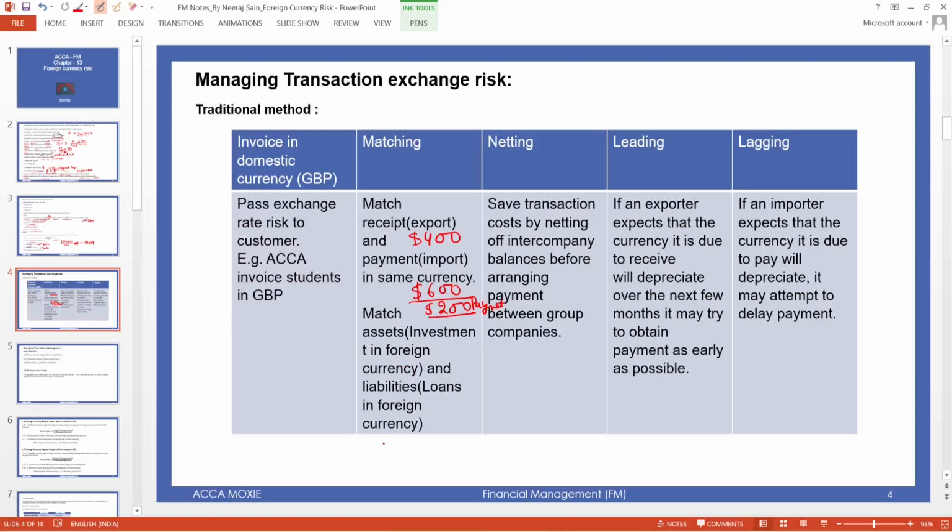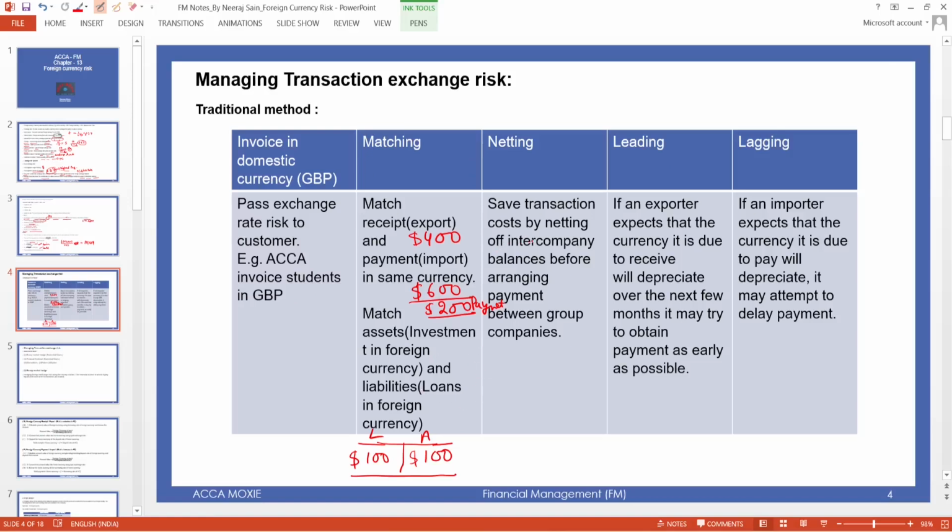But next one is the matching asset and liability. For example, if you have an investment in foreign currency, like if you have $100 investment, you also create a liability in dollar, like getting a loan or something. Then if the dollar appreciates, it means this balances out each other. Okay,